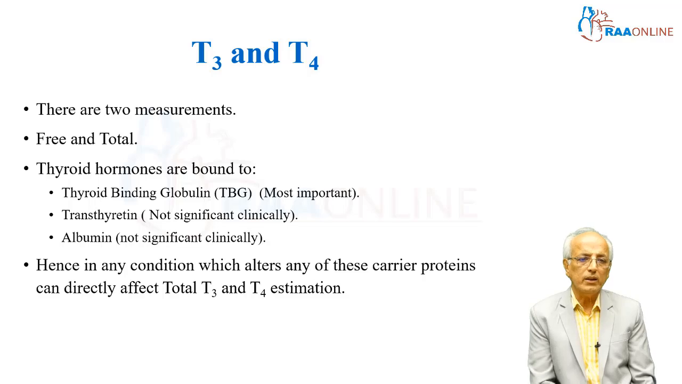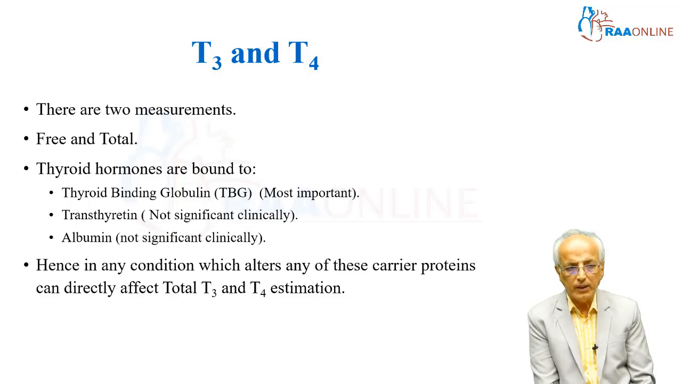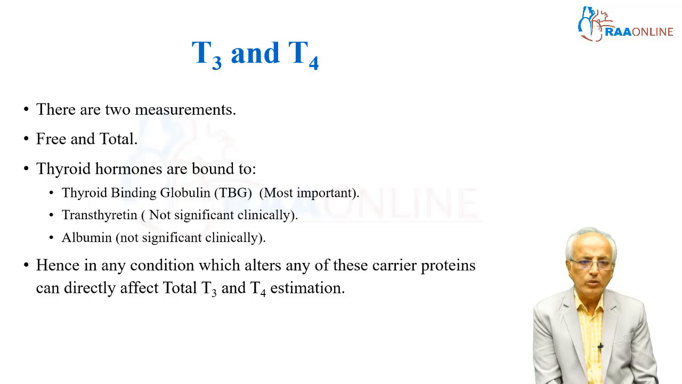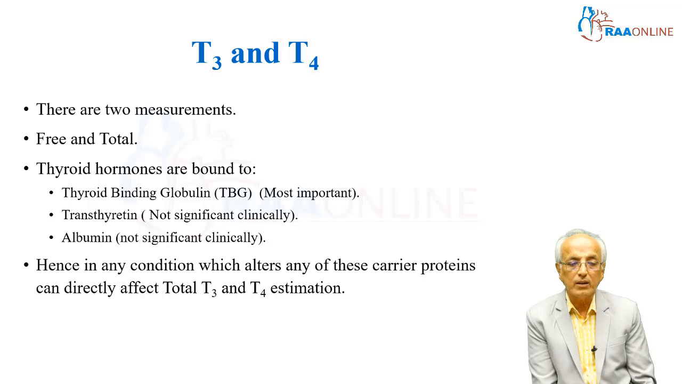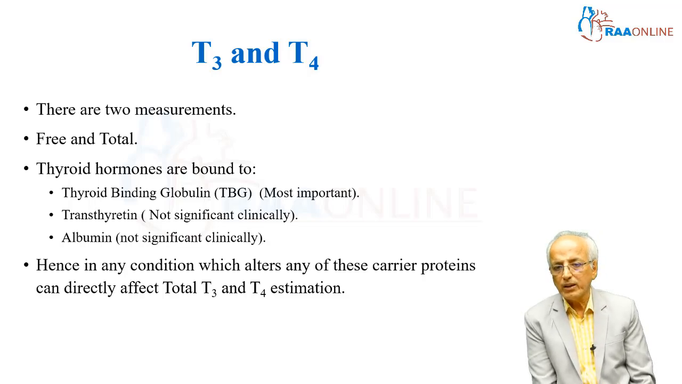Now, coming to T3 and T4, as we said, there are two measurements, the free T3, free T4, total T3 and total T4. Now, thyroid hormone is bound to thyroid binding globulin, that's the most important thing. Transthyretin, again, it's not very clinically important, and albumin. So, any condition in which there is an alteration in the carrier protein, it's going to affect your total T3